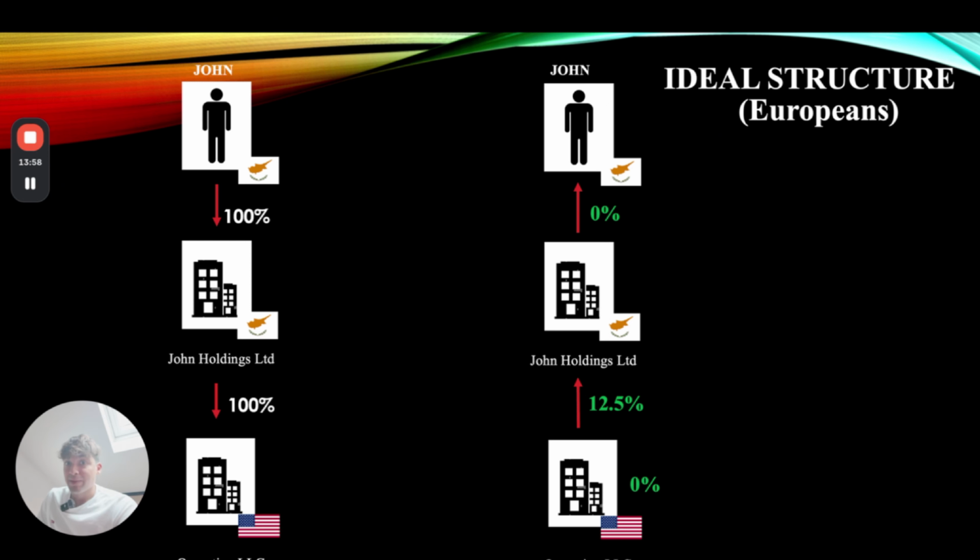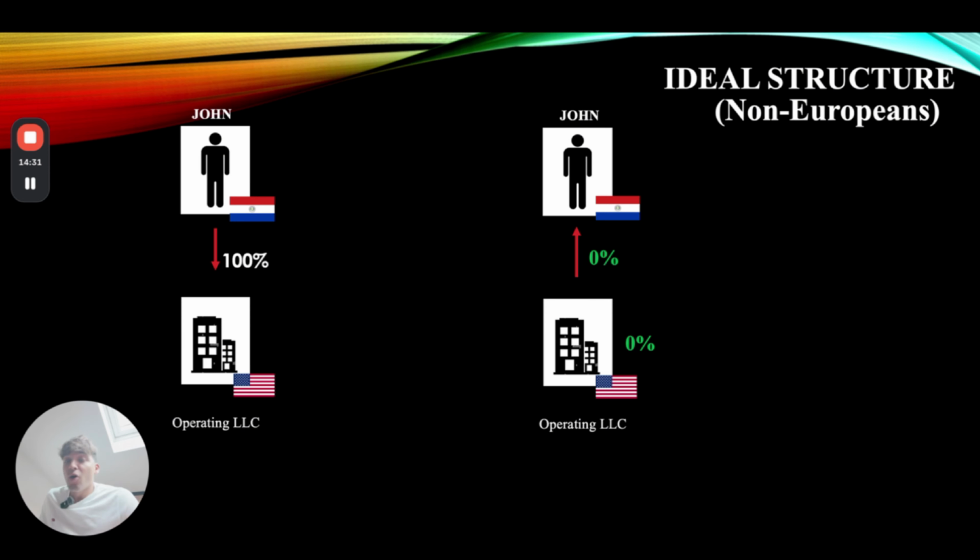You're going to get audited. People are going to look at it and it's not going to hold. Our goal is to build something that works, even if some tax officer comes and looks at it. Because of course, if no one looks at it, then you can get away with it. But you can also get away with murder if no one finds out, right? It's a weird analogy. Didn't think you were going to use this in a tax video, but it's true. So you want something that holds even if the tax authorities check, and this is it. This works. Paraguay also works.